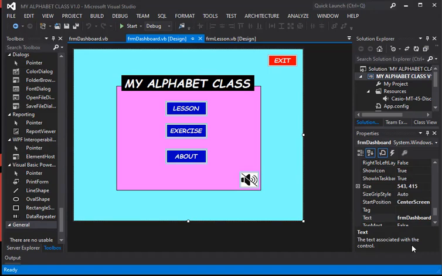So we are going to continue with what we did in the previous video. As we started with the coding, we are going to code the buttons for the lesson and the exercise. Then we continue with the about button. For the speaker on and off and exit, we did that in our previous video. So let's go straight to our